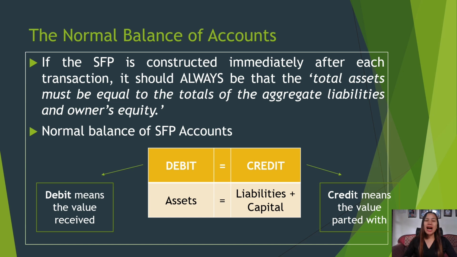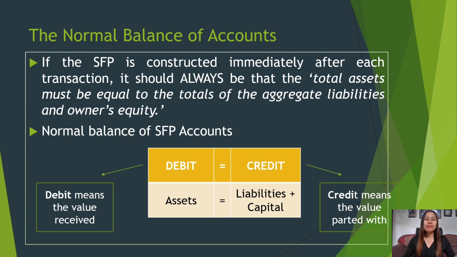Remember that the accounting equation is divided into two sides. We have the left side and the right side, which are accounted to always maintain a balanced account. On the left-hand side is an asset which has a normal debit balance, and on the right-hand side are liabilities and capital which have normal credit balances. So these are the three elements under the statement of financial position.